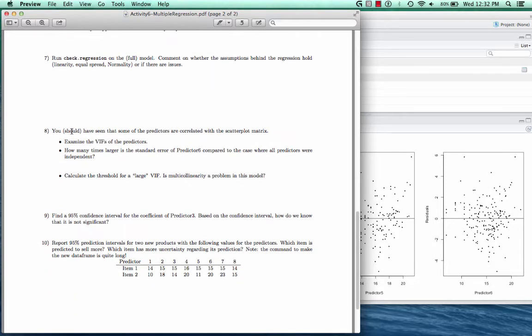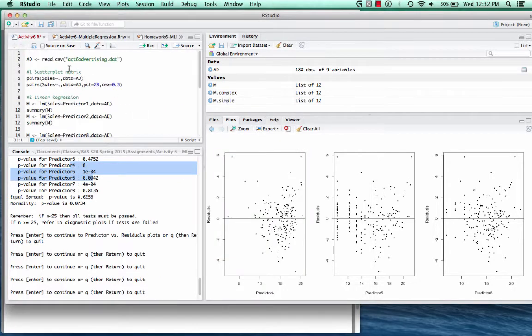Okay, moving on, we want to examine the effect that correlation among the predictors has on our model. So previously what we saw was that predictors 5, 6, and 7, I believe, look to be fairly strongly associated. If I look back at the scatter plot matrix,